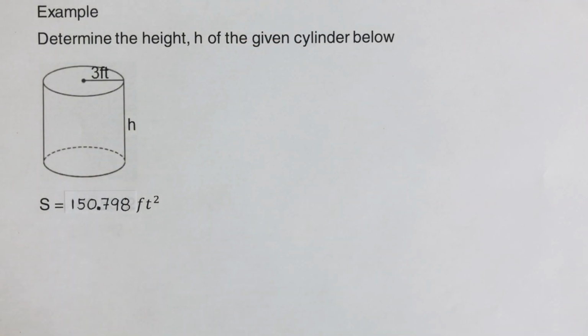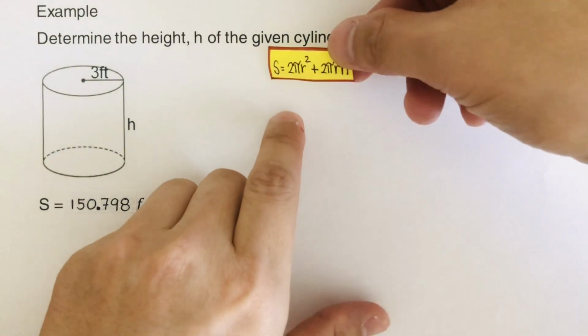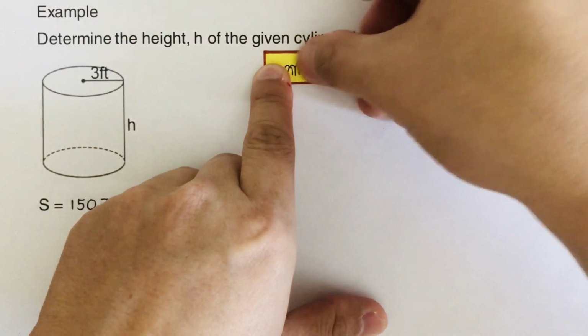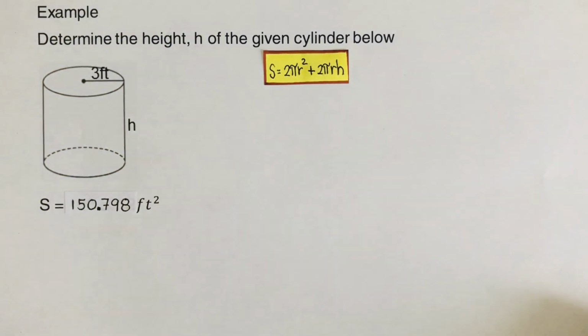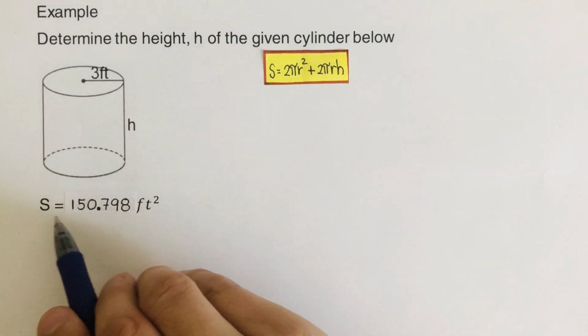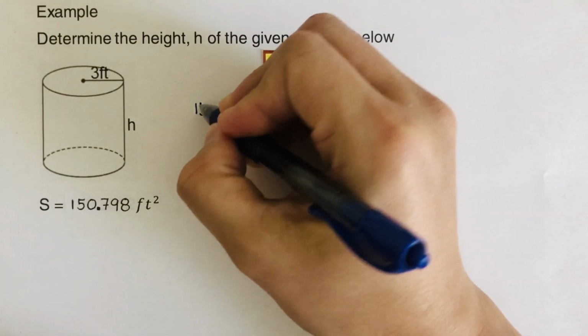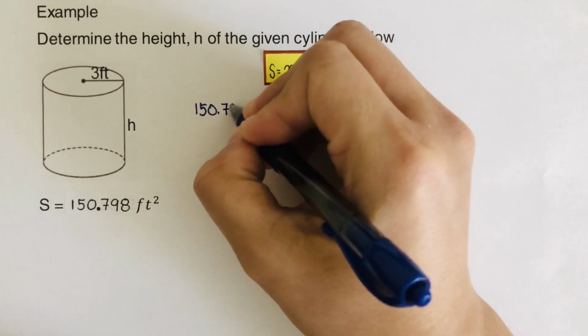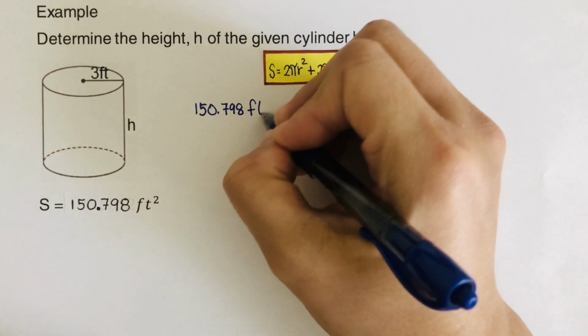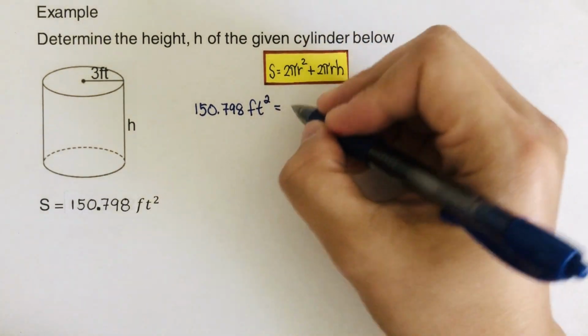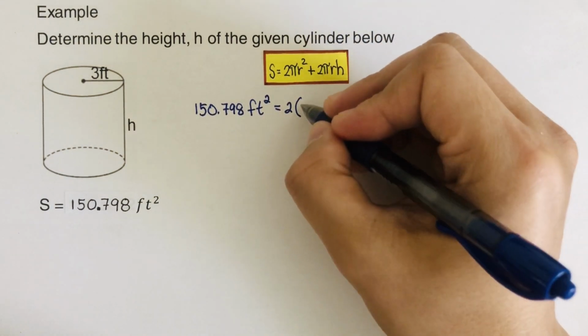Okay, so we go over the problem here. We're solving for h. We're looking for the height. We derived the equation from the first slide. So what we are going to do is plug values in here. We have the surface area S is 150.798. So I'm just going to write 150.798 feet squared is equal to 2 times the pi is